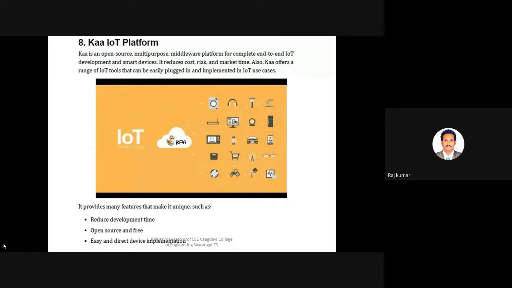Without much hurdles, we can connect any device to the IoT platform. That means you need not install any drivers or system software on the existing IoT device. For ease of use, you simply create an account, and they will supply us a token. Using that token in your program, you can connect to any cloud. That I will show you in the coming slides.